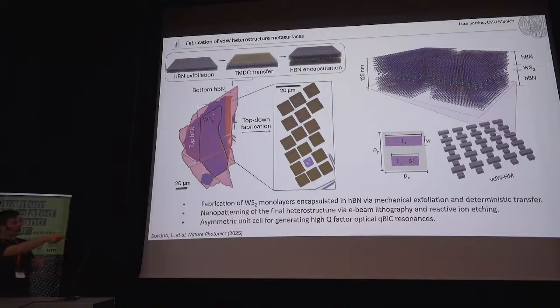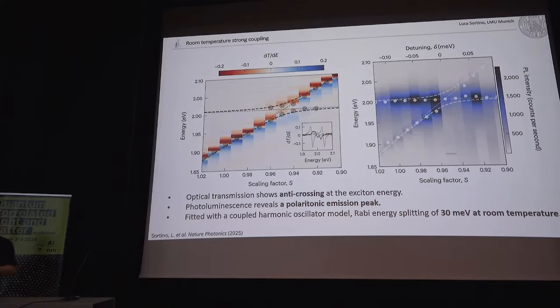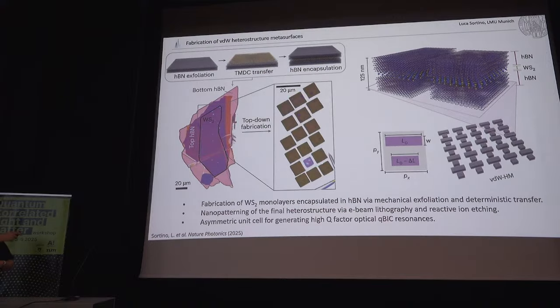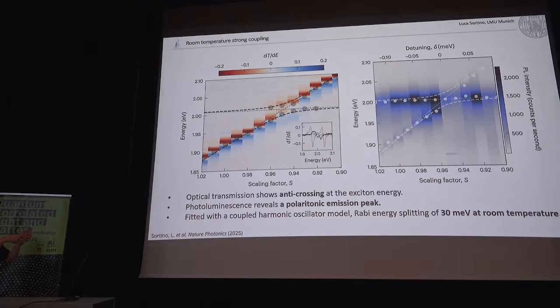So there is nothing in between, and you see here that of course we cannot resolve the single unit cell in optical micrograph. And you see here also a reference patch with no patterning at all, so only encapsulated monolayer. We then move into looking at some spectroscopy. So here is both transmission and photoluminescence emission for a set of these, basically each of these squares. And you can also maybe see that from this one to this one, you have just a small difference in size. And also the small one would be the most blue shifted,